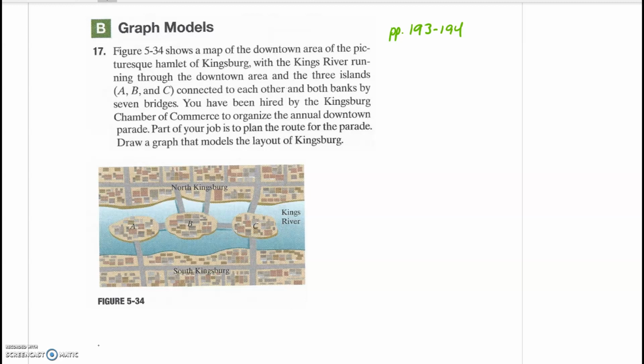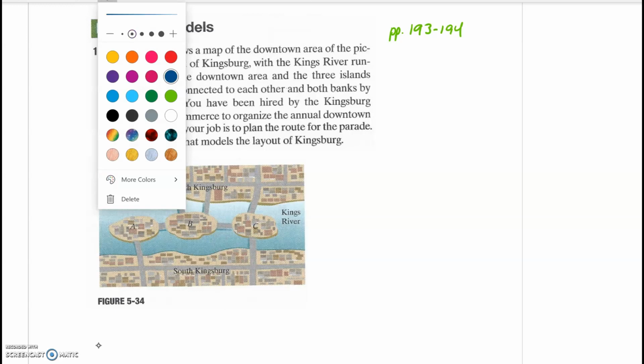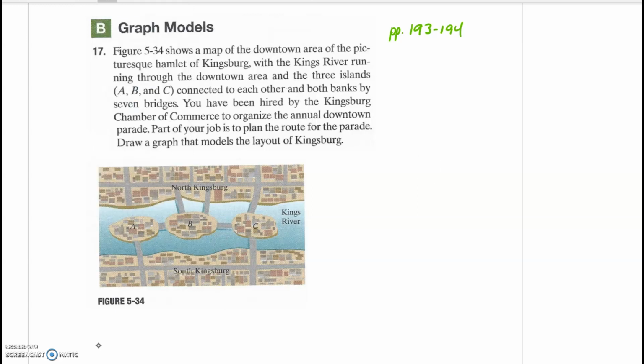models a situation. So number 17 here, figure 5-34 shows a map, downtown area of a city, and a river going through the city, and it has 3 islands in the middle of the river, and they're all connected to the land, both banks, by bridges. What we're going to do is draw a graph that models the layout of Kingsburg. So a couple things to think about before we start here is that when you are building a